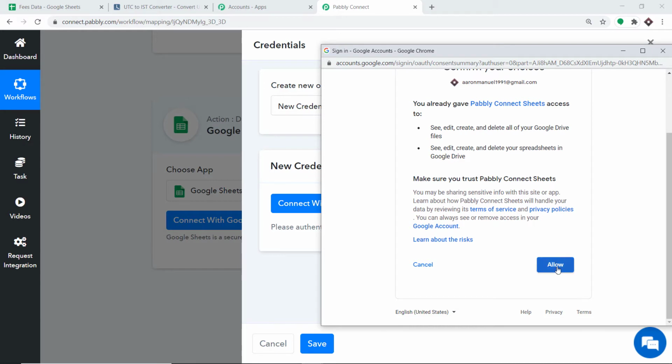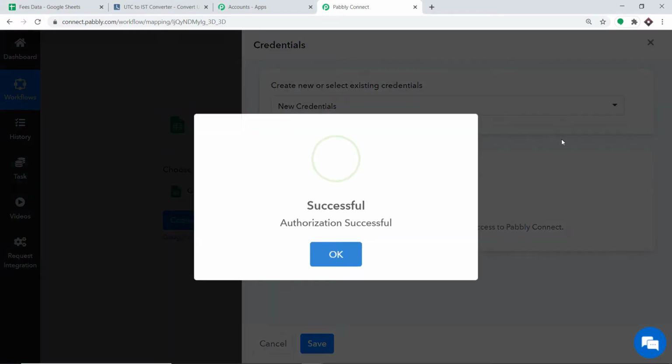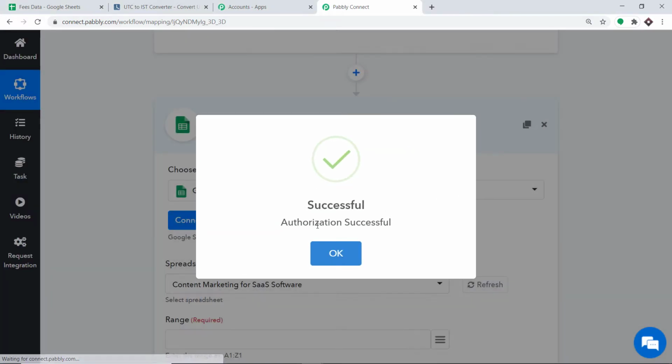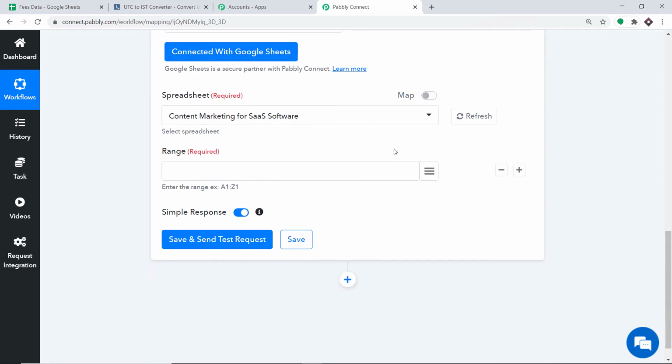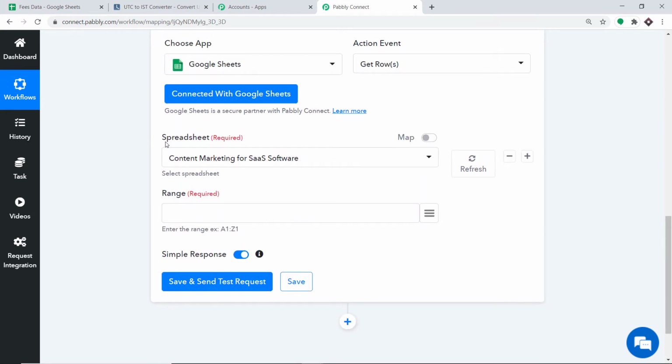Now before I click on allow, let me tell you something. Pabbly Connect doesn't take any chances with your data. Your data is 100% safe and secure with us. Okay, so on the basis of that trust, just press allow. Okay, so it is showing the authorization is successful. Just press OK. Okay, so as you can see, two blanks have appeared in front of you, the spreadsheet as